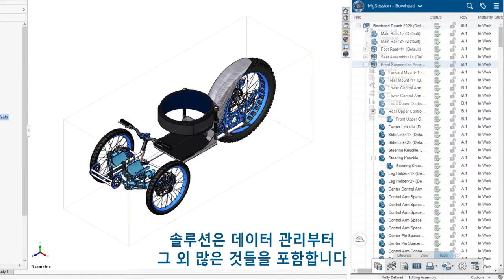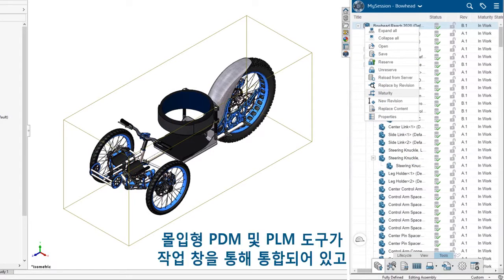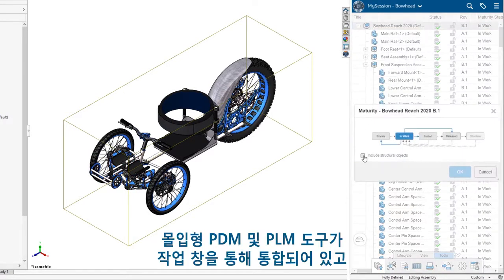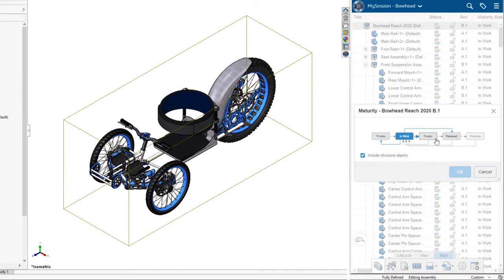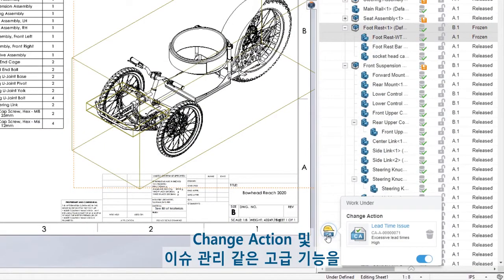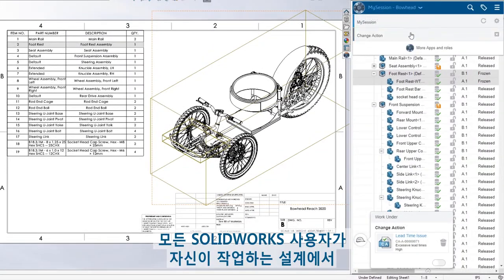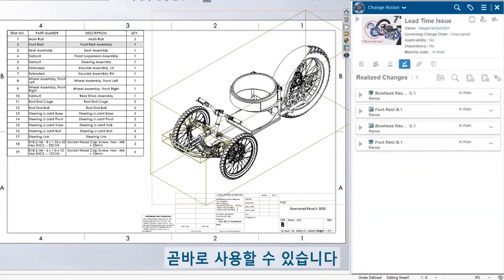The solution starts with data management and goes much further. Immersive PDM and PLM tools are integrated through the task pane, which is your portal to the platform. For example, setting maturity state and pushing new revisions of your design. And it doesn't stop there. Advanced capabilities like change action and issue management are right in front of every SOLIDWORKS user and the designs they're